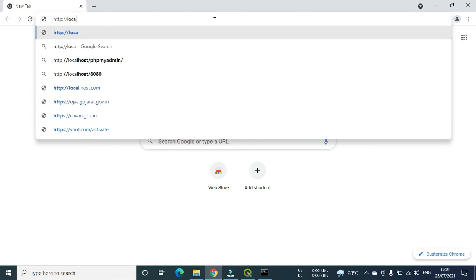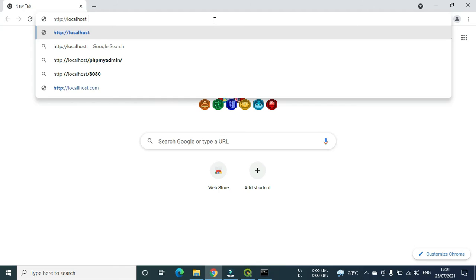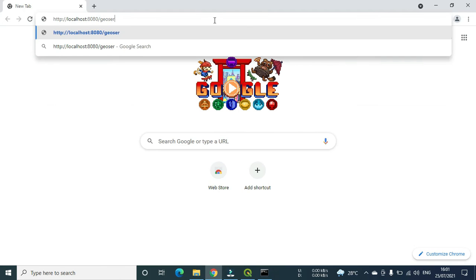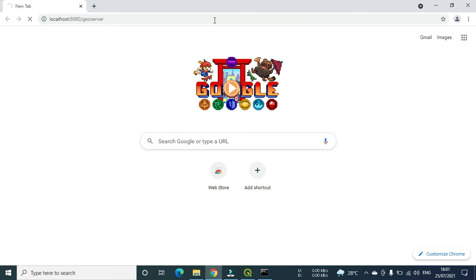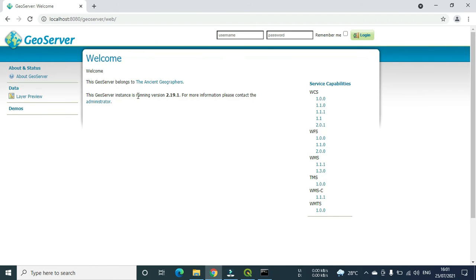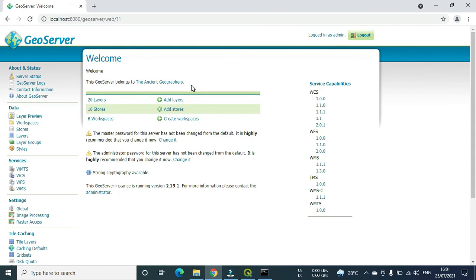Now let me load the login page, so I can log in into the GeoServer application. You know the URL, that is localhost default port 8080 and GeoServer. So just type down that URL, and then it will open up a welcome screen which will allow me to log in into the GeoServer application. So I will log in with the default username and password. You can have your particular username or password. So I am logging in. So once I log in, it will open user interface to preview the layers and check other information.